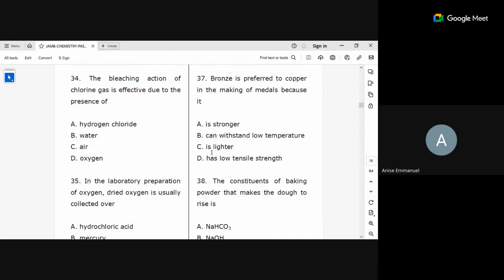Then I try what? Practice regularly. Continuous reading will help you. Even the Bible says in Joshua chapter 1 verse 8 that the book of law should not depart from you, but you meditate in it day and night. Because he knows that when you practice or you read, you get acquainted with it.